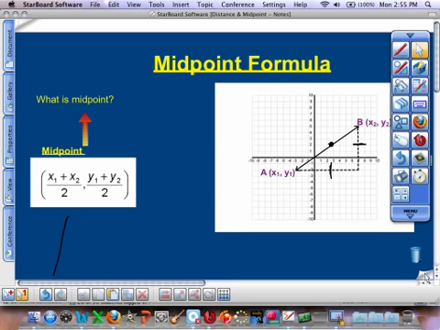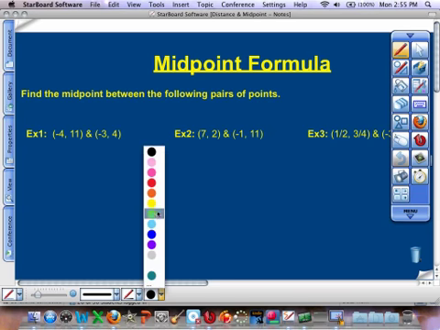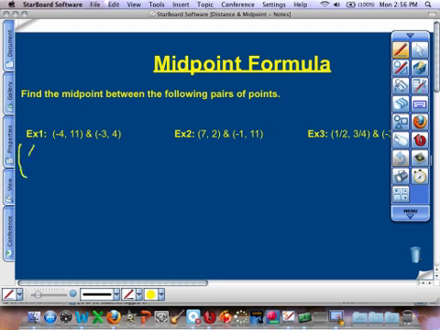So we'll model a problem, and then I want to do another problem with you guys on top of that. So let's look at number 1. Number 1, we're trying to find the midpoint between (-4, 11) and (-3, 4). All right, so according to the midpoint formula, I add my x's and divide by 2, and I add my y's and divide by 2. Okay, so my x's,